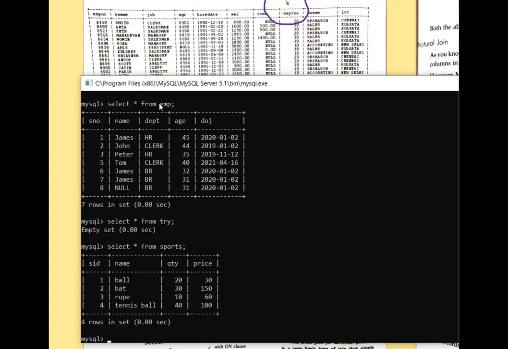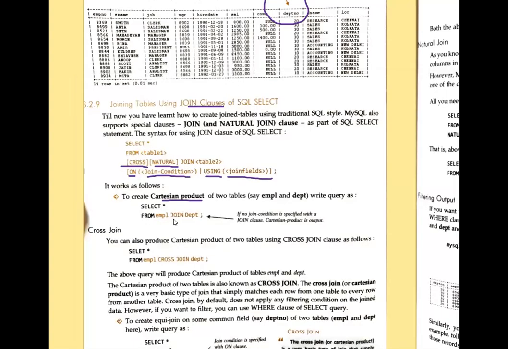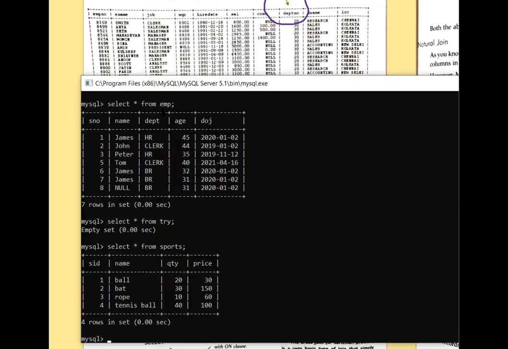So now we are going to use join and all these things. What you have to understand over here, the very first thing: just now we discussed that we can use EMPL join DEPT. We are going to use the same thing over here, simply the word JOIN.